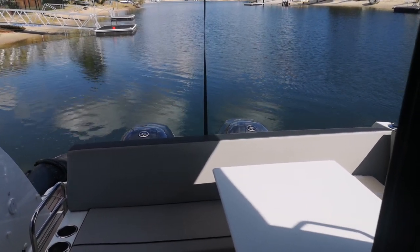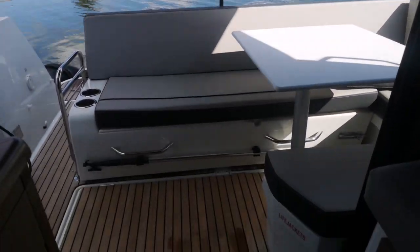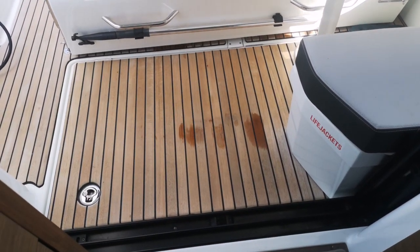The only thing that we had some trouble with was the batteries, which are down in the lazarette. So the lazarette's under there. I've since discovered what happened. We ran out of battery power sometime in the middle of the night. That could have been my fault in that we were doing a lot of work with the fab dock. I'll talk about that later on, but we were running the batteries for a time before we went out, but we did have the shore power in, so I thought we'd be covered on that. But we ran out of power in the middle of the night on the first night,